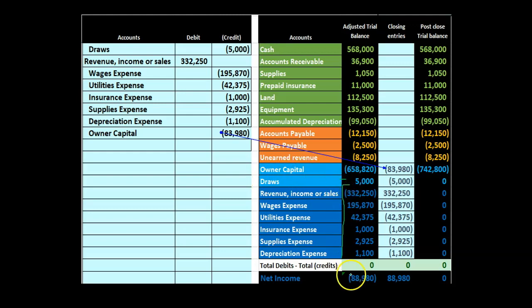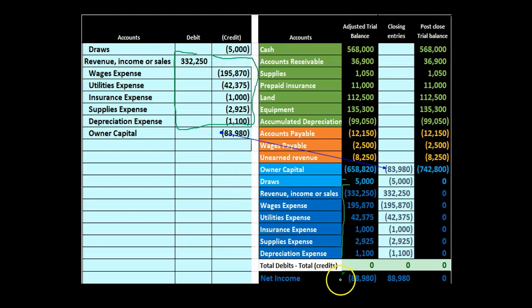So we've got net income minus the amount of draws, which is this 88,980, which we put here, which is a net increase. Net income brings this amount up. Draws brings this amount down, just like the statement of owner's equity. So this process is comparable to the statement of owner's equity, where we, in essence, increased capital by net income, all of the revenue minus the expenses, meaning it went up net. All of this made it go up